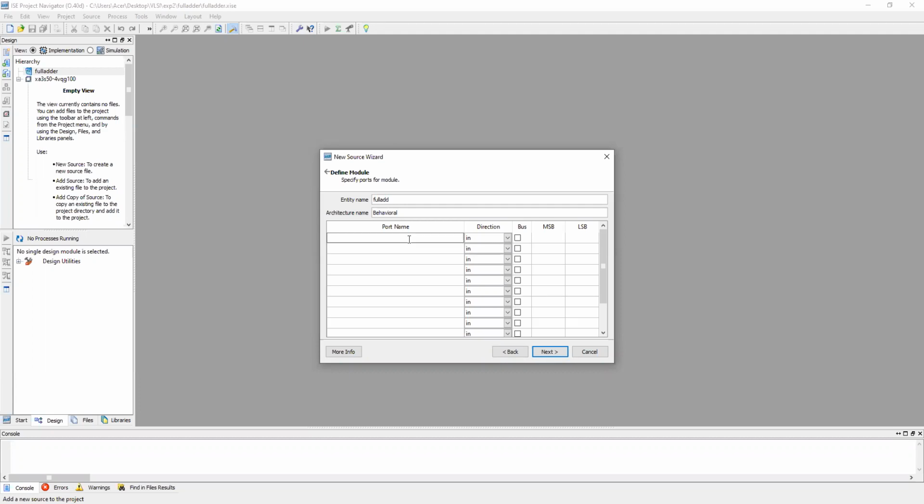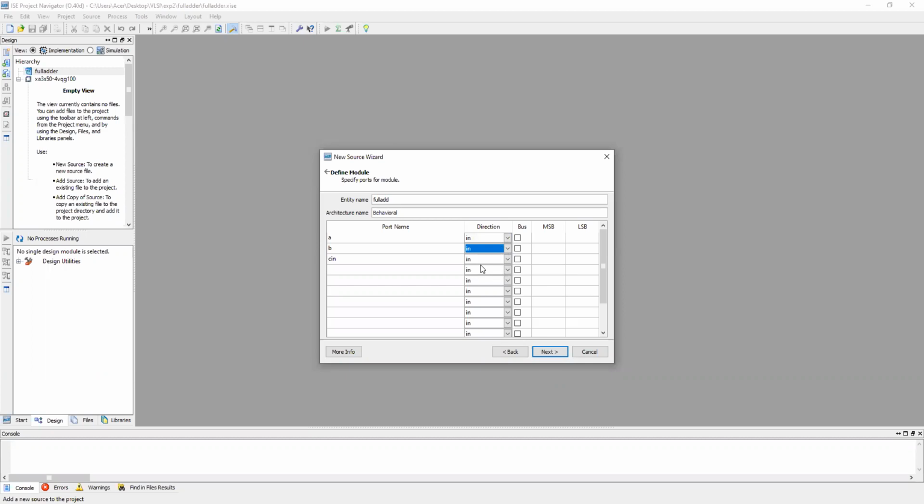So A, here I have given A. You can use capital also, no problem. It is one input. Then you have a second input B, and a third input C in, right? Here the direction is in, as it is an input, so I have to select in only. There are two options, in and in-out, right? So these are the inputs, and I have selected only input.